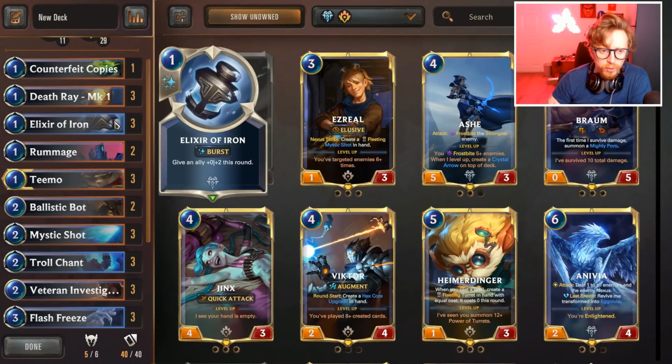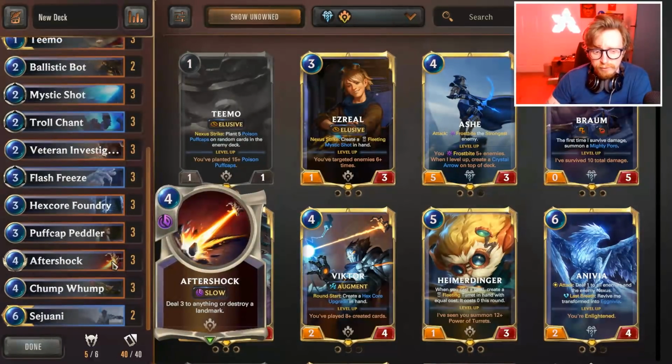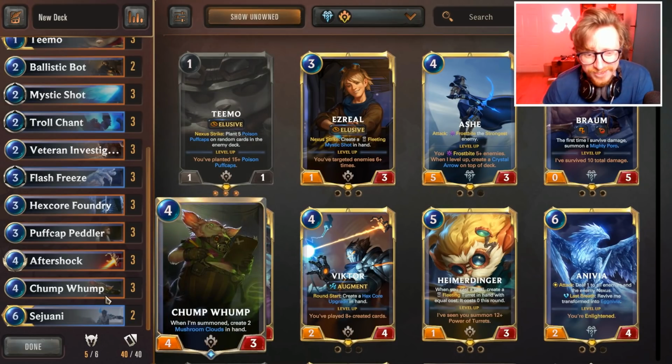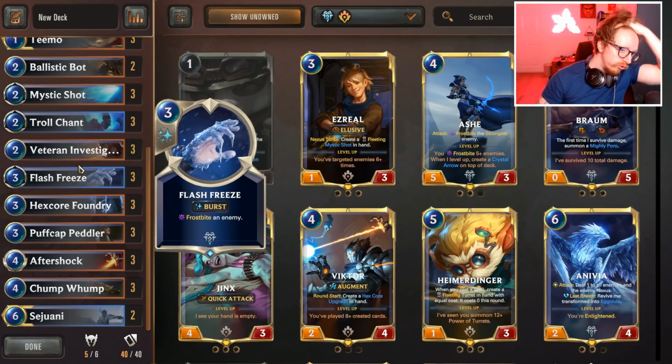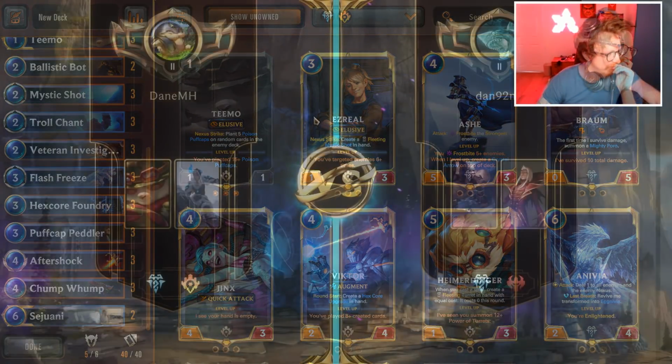Try to keep Teemo alive with Elixir and Troll Chant, and once we hit that level up, we've got Sejuani to help us with the Frostbite and the delay. By the way, it's a lot of fun. You also have a bonus of milling some cards off. It's not a big deal, but you know it does happen. It happens in the game. The Teemo mill